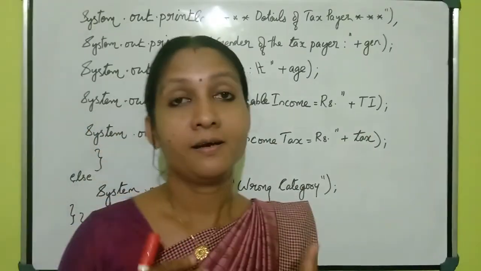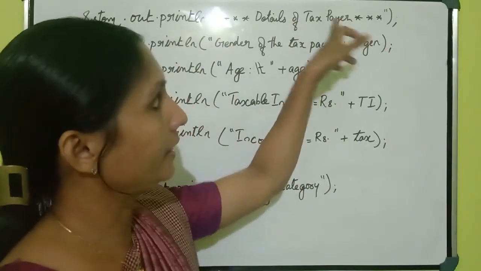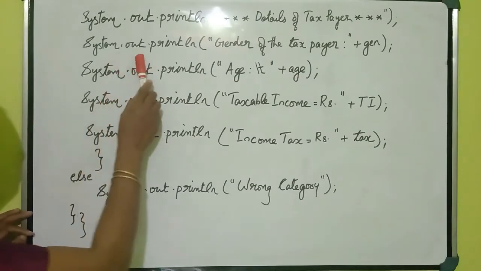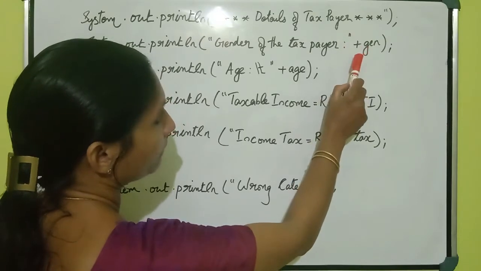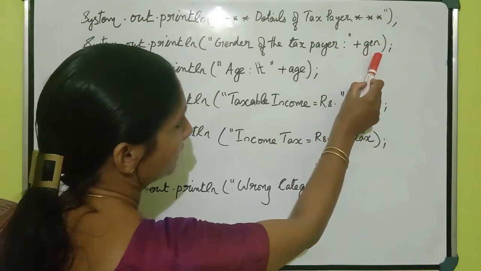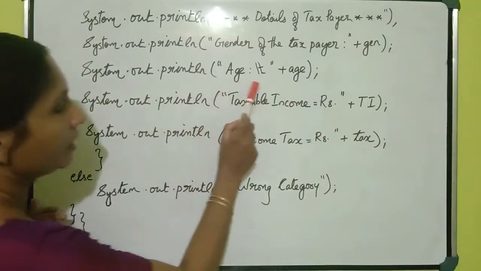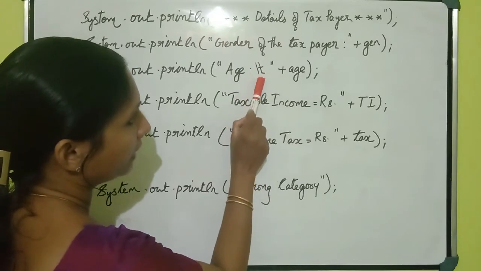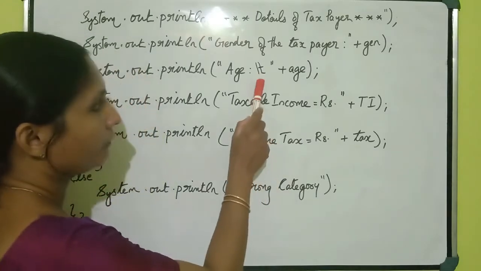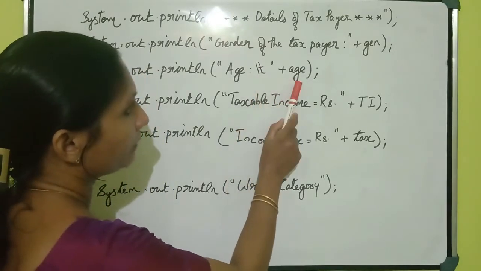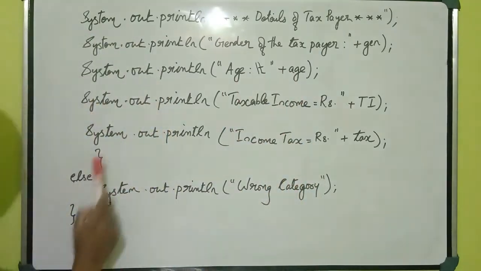What you want is to make it professional. When you are writing a program, make it professional. For that, look, I have given like this. Okay. The next statement, System.out.println, gender of the taxpayer with a colon, in double inverted commas, plus which variable will we get the value from? GEN. That variable we used here. Then to get the age, to adjust the space with this one, I have given one \t also. What's the use of \t? To get a tab space. If you don't want it, you just avoid this one. Okay, then plus age. This is the variable we used to enter the age.